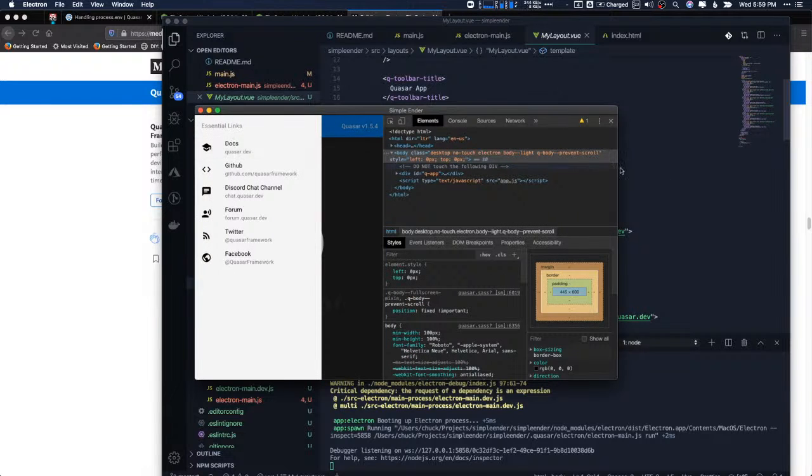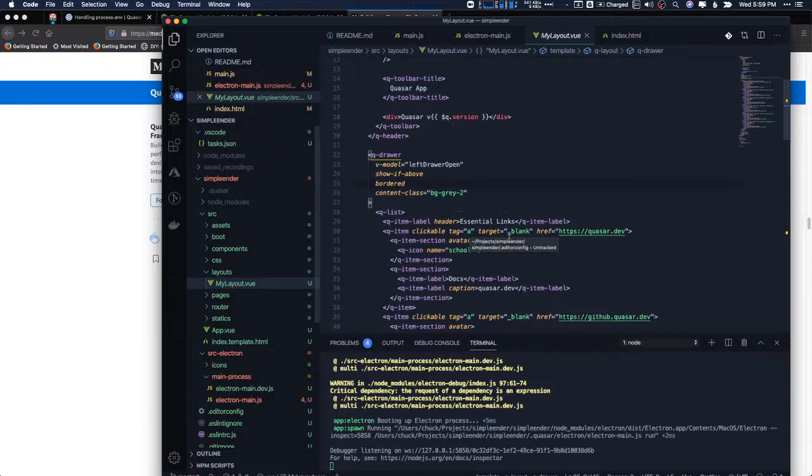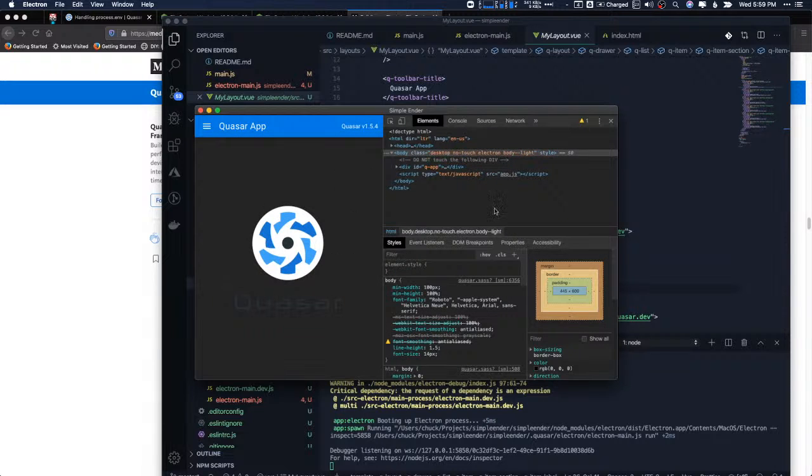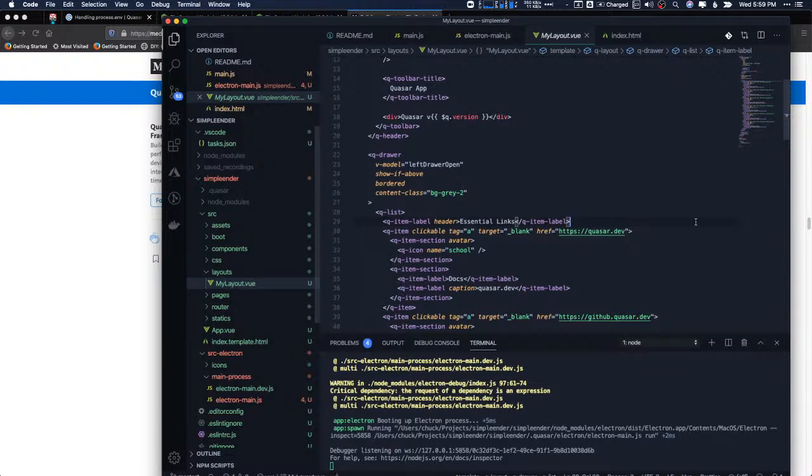Docs, essential links, quasar.dev. Boom, right there. Docs, quasar.dev. There we go. Okay. So this is what we're editing, and it's just going to build this into this. So now I'm getting it. Okay. So it's a single page app in Vue. Sorry, I am an old school Rails dog, and so I look at this stuff and I'm going,